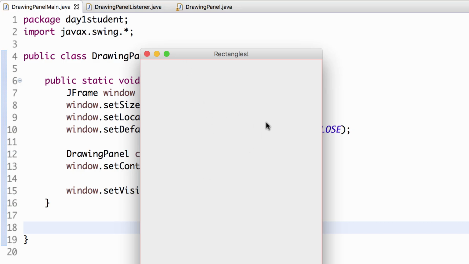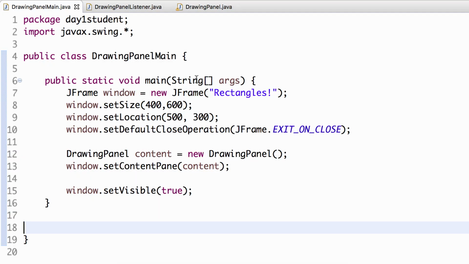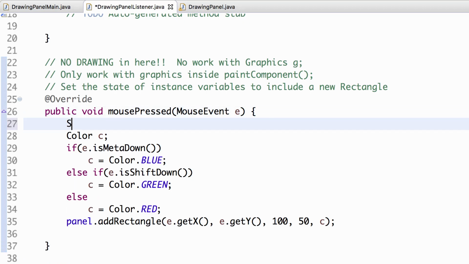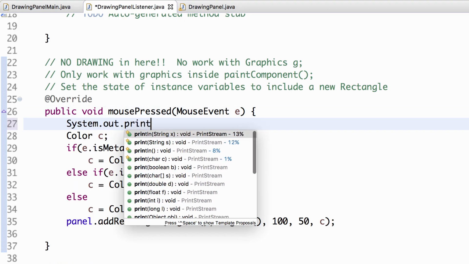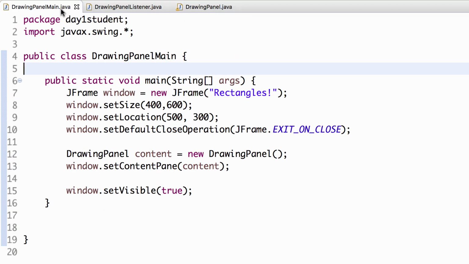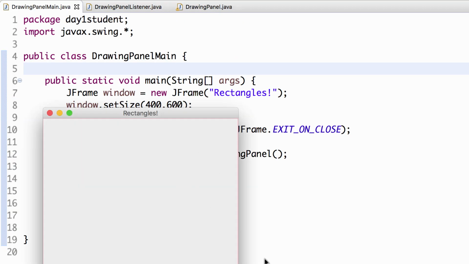And this is going to happen to you probably at some point in this chapter or later in the year. A good debugging tip is to go to your listeners and just do some system outs. System.out, mouse pressed. This should be happening. Now if I run it, and I click,